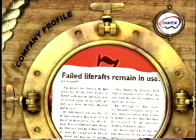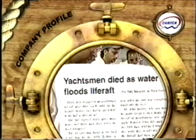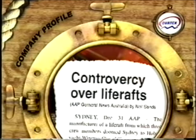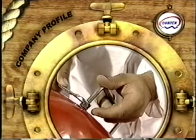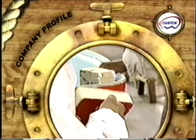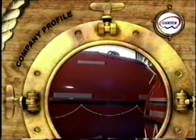In 1985, armed with a list of 20 fatalities at sea, directly attributed to the failure of conventional life rafts, Ovatek set out to build a better life raft. After 10 years of research and development, manufacturing commenced on the Ovatek Esperanto 6 rigid life raft. Made of fiberglass with a buoyant foam core, an Ovatek life raft looks like an egg and has many of